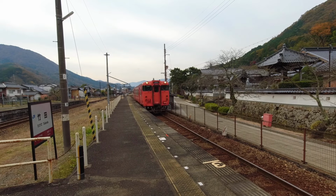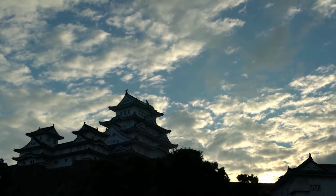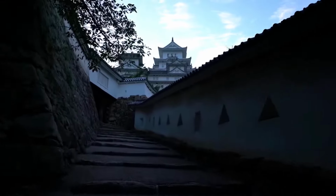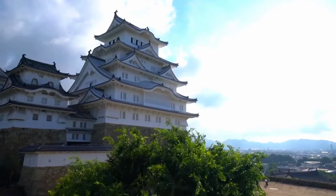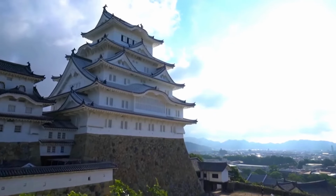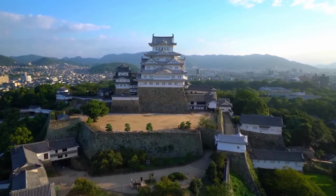and that's good because if Takeda doesn't satisfy your taste for getting in touch with Japan's deep history, then as long as you're up for a 90-minute train ride down to Himeji, you'll be confronted by Japan's best preserved feudal castle. Dating from around the same time as Takeda in the 1400s, the so-called White Heron Castle is the great survivor of all of Japan's fortresses, getting through fires, earthquakes and wars, and living to tell all